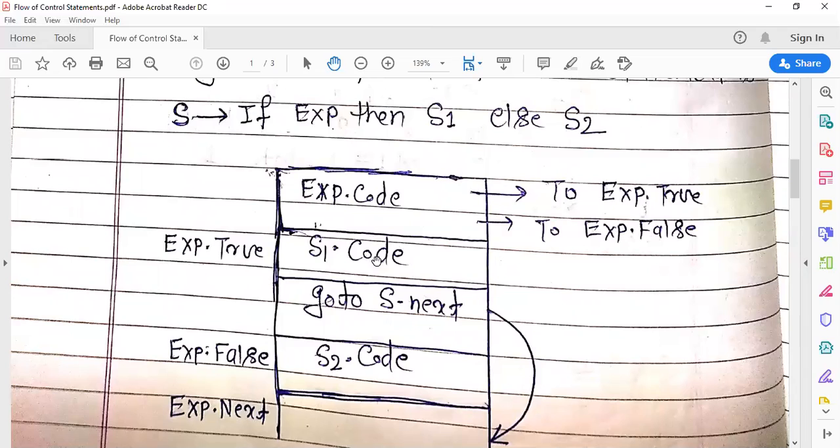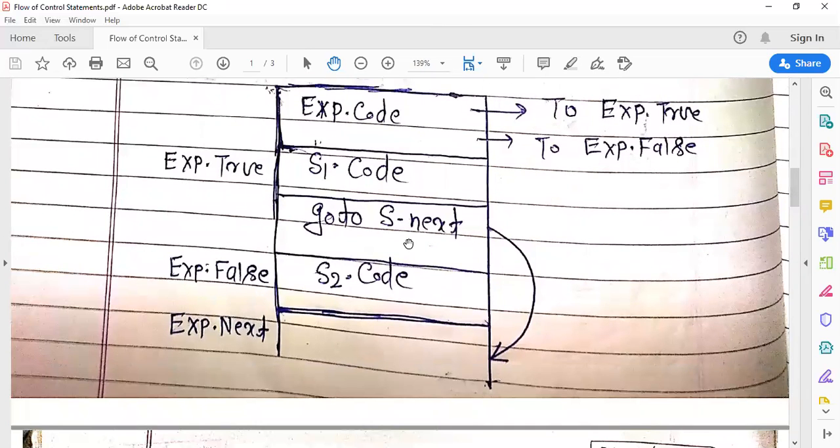Exp.true has the code S1.code, and after S1.code is executed, the next statement is go to S.next. What is go to S.next? This S.next is after the code of the if else statement. This is the true code and this is the false code, and if the true code is executed, then exp.next is the label for the S.next code.